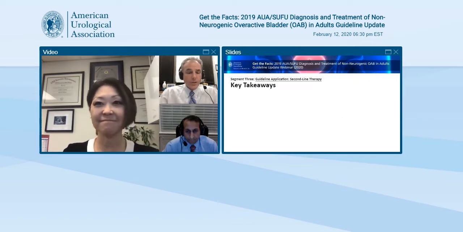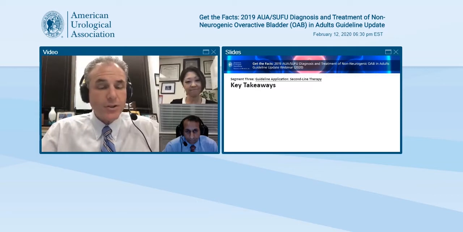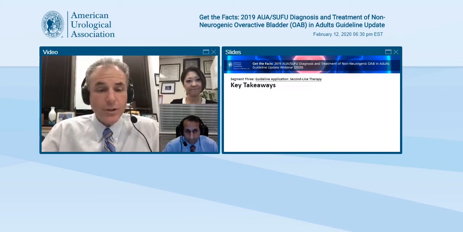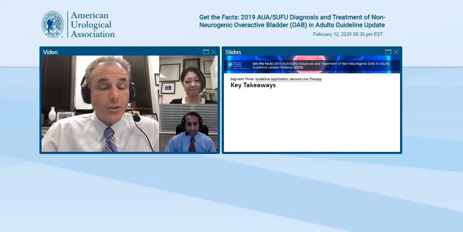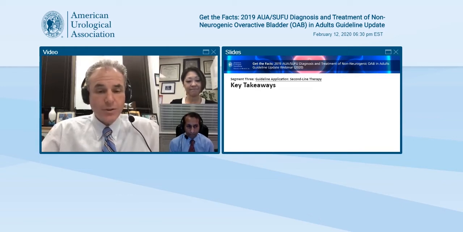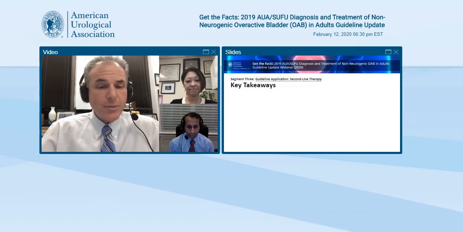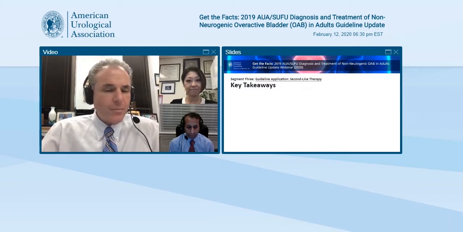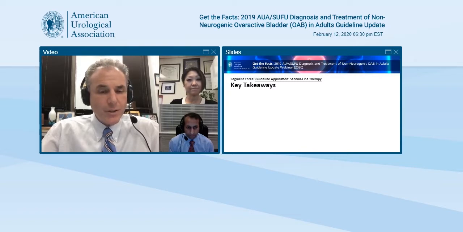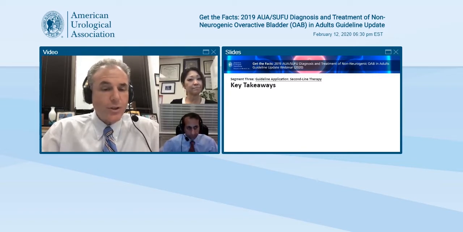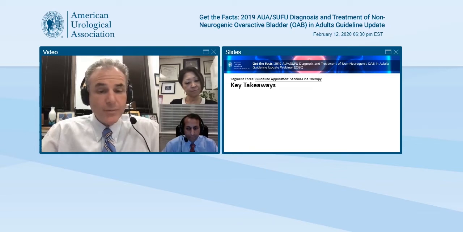Yeah, they've really changed practice for many of us, and it sounds like yourself as well, vis-a-vis the original guidelines where we didn't have beta-3s at the time the first guideline got published. Dr. Kobashi, as brought up earlier, often these medications don't work as well as the patient would like. How do you determine when or if there's a potential need for switching oral medications?